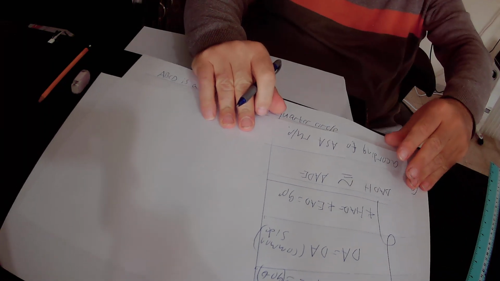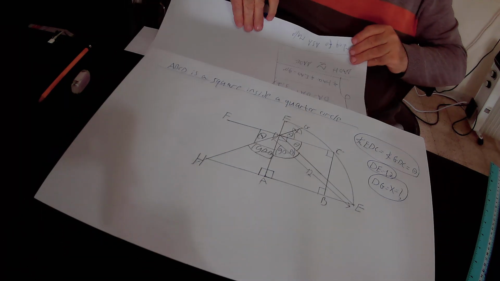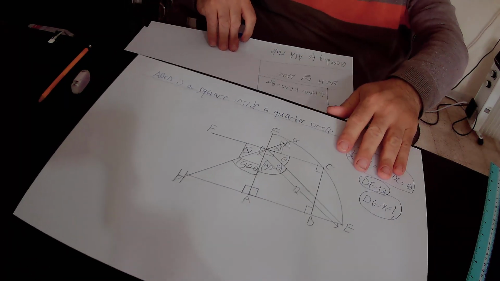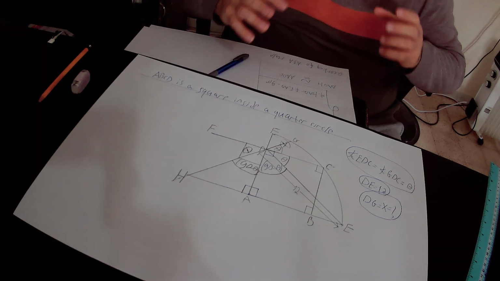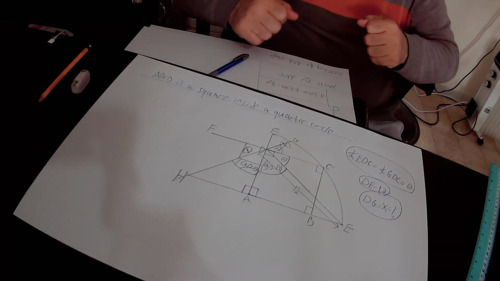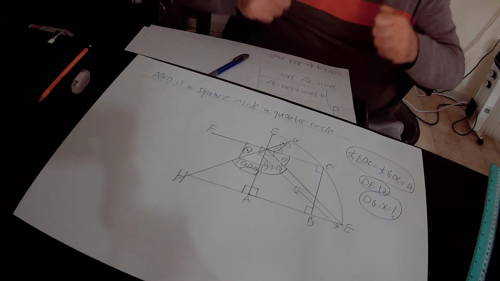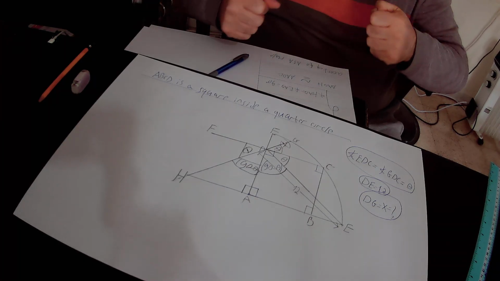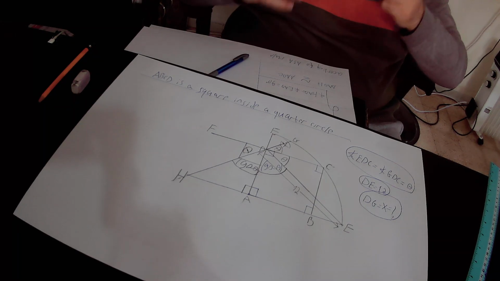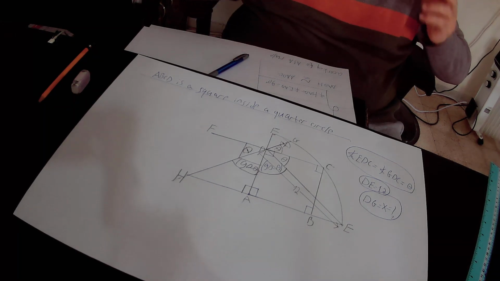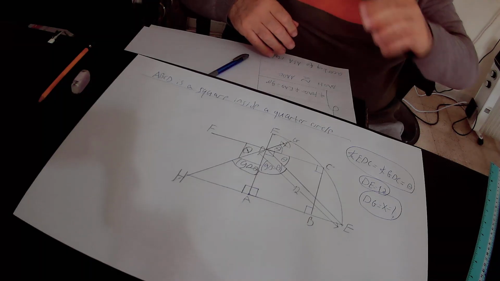So what is the angle side angle rule? The angle side angle rule is that if two angles and the side included between the two angles in one triangle are correspondingly equal to two angles and the side included between the two angles in a second triangle, then you have proved that the two triangles are congruent according to the angle side angle rule. And here we proved